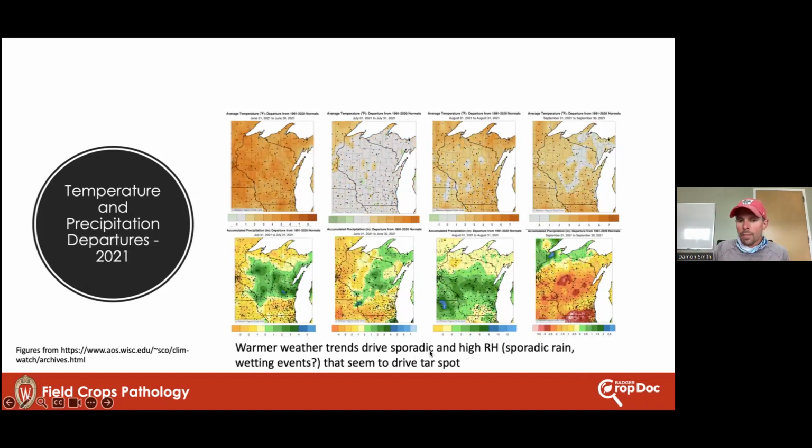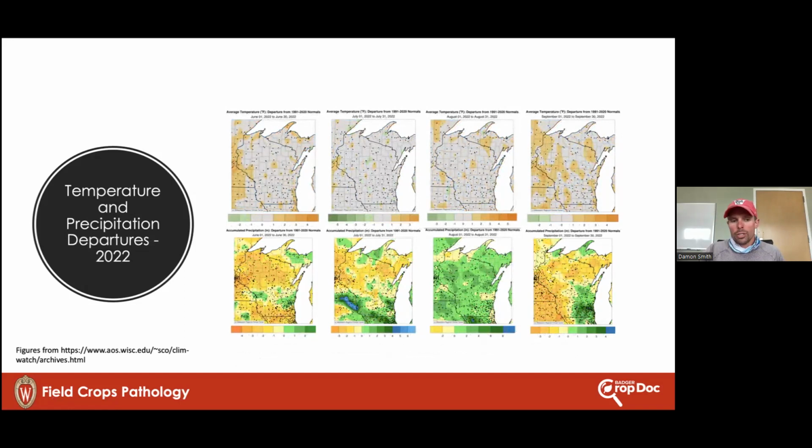in 2018. And then 2021 rolls around and we have wet, dry, wet again, and then really extremely dry in September. And we all know what happened in 2021, especially if we look at the central band here. So this sort of dry here, then really wet, and then extremely dry across the center part of the state. That's really where the epicenter was in 2021, where we saw high levels of tar spot. And then, of course, 2022, not quite as bad, but again, some wet, dry cycling.